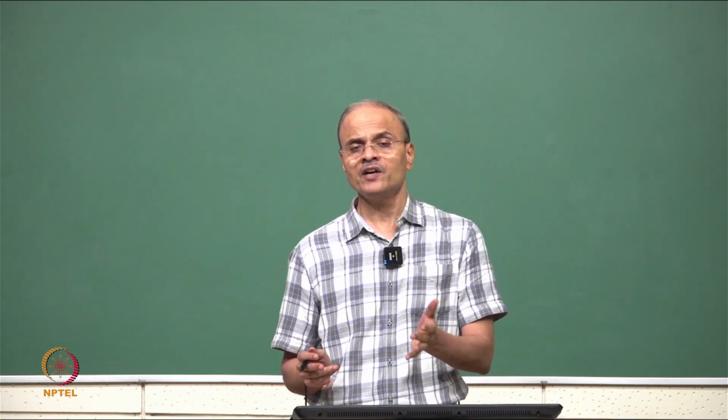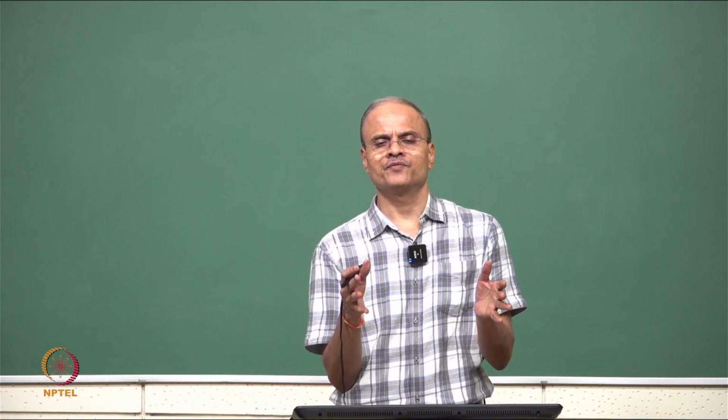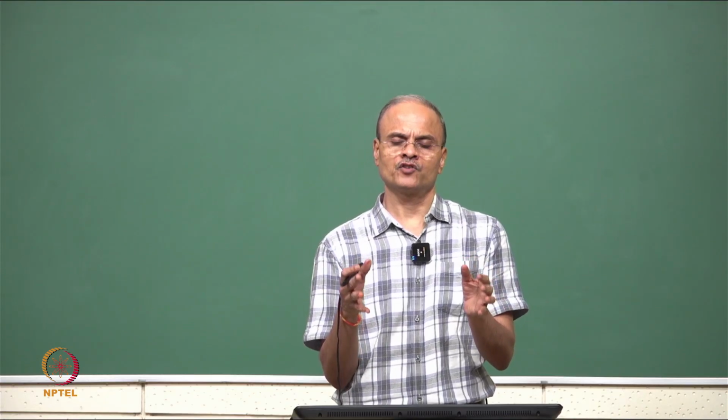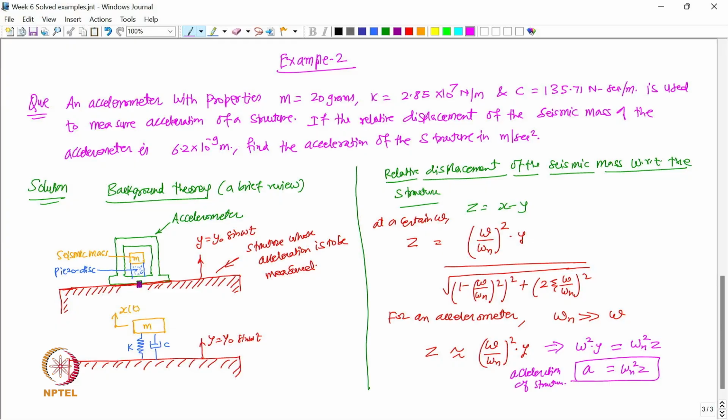The accelerometers are designed to have a high natural frequency, so that we have a reasonable frequency range over which measurement of acceleration can be made. Let us now determine the acceleration for the present case. So, essentially this is the background theory, and this final expression I have shown, A is equal to omega n square z, is the only one we need to use in the present example, right. We do not have to derive everything. So, let us make use of this expression to find the acceleration. Let us go to the next page,